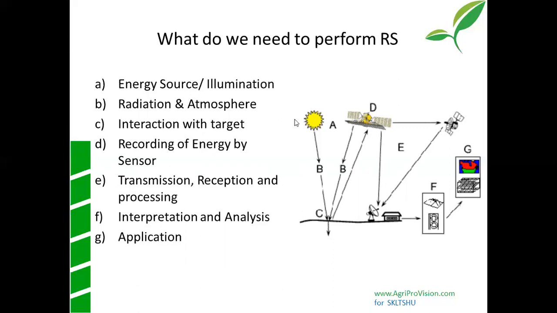Here the sun is going to be the source, labeled A, and then the energy, whichever is being illuminated, has to come down through the atmosphere and then hit the ground. The transfer between the sun and the ground is the transmittance of the radiation, and the atmosphere plays a bigger role. So this is going to be one aspect. The third thing is interaction with the target. When the energy hits the target, how it interacts with the target is the third one, what we call C.